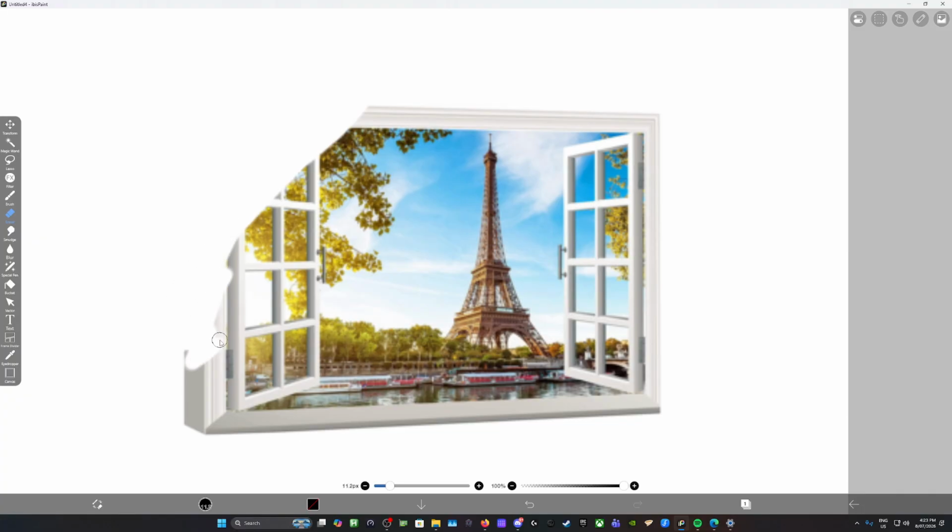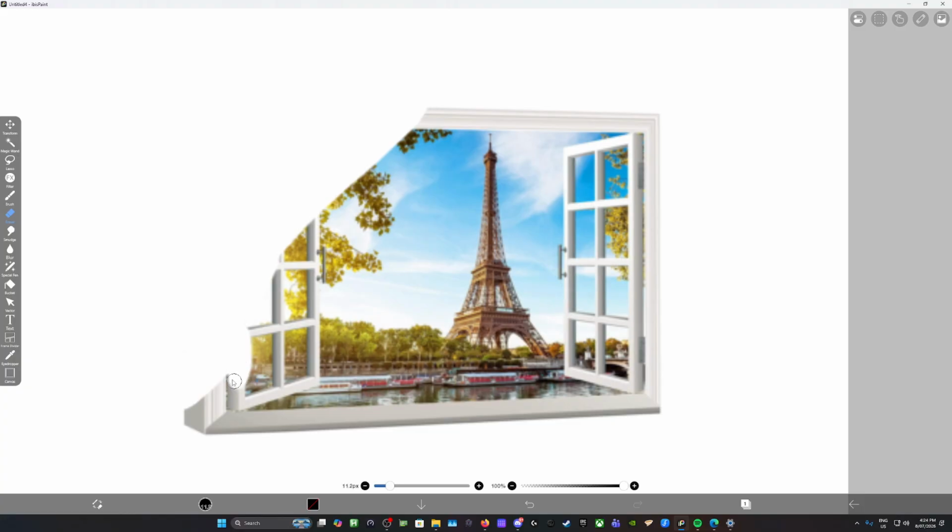The whole idea is I want to only keep the Eiffel Tower, right? But it's got to be a good picture of the Eiffel Tower. This is just a demonstration to see if I can achieve what I want to try to achieve. Eventually, when I get the pen as well, I will try to